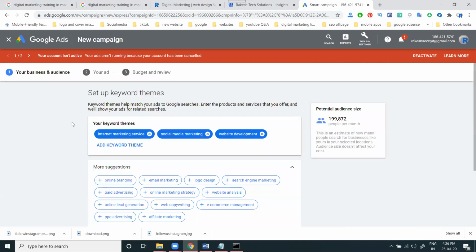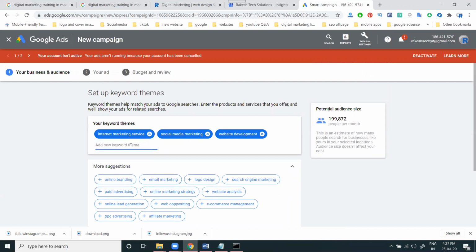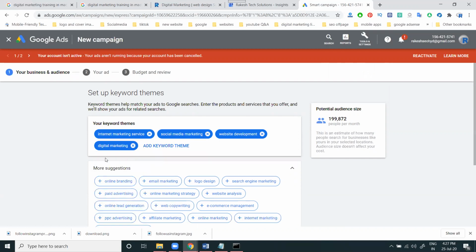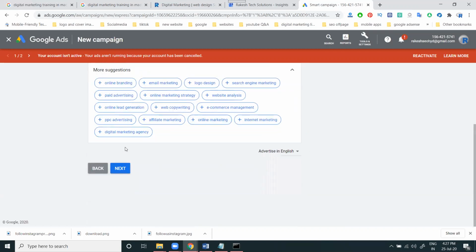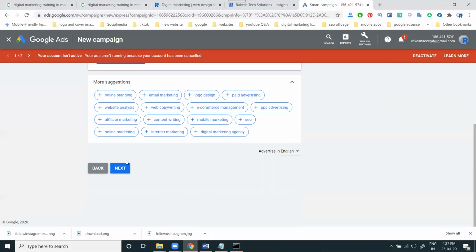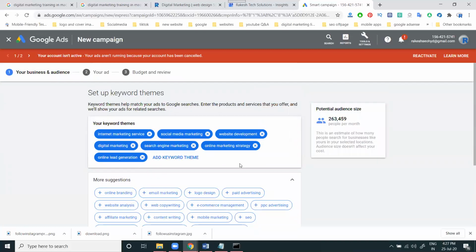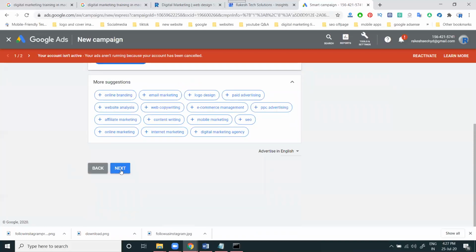After that, set up your keywords. What is the purpose of keywords here? These are given for your particular option. In this we can write digital marketing. So here the particular options will be given: search engine marketing, online marketing strategies, lead generation, everything will be here. This I'm writing for the given information. Next,